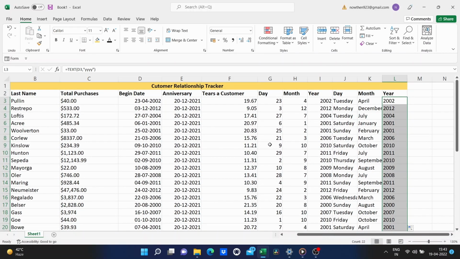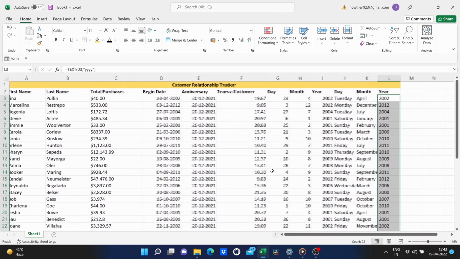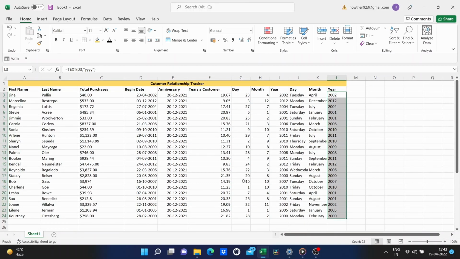So, this is a really neat way to work with dates in Excel, and it's fun to think that all of this data is embedded just in this simple date here. And each of these pieces of information can be extracted using the formulas and functions that I've shared with you.